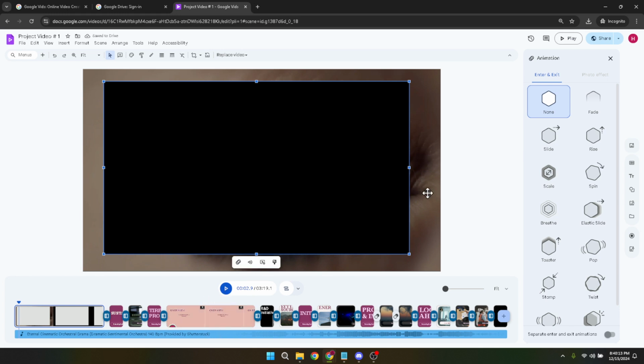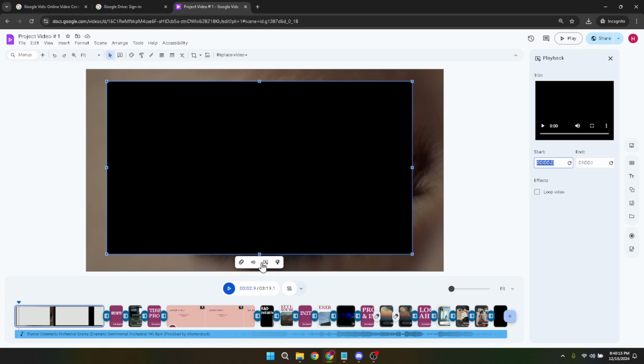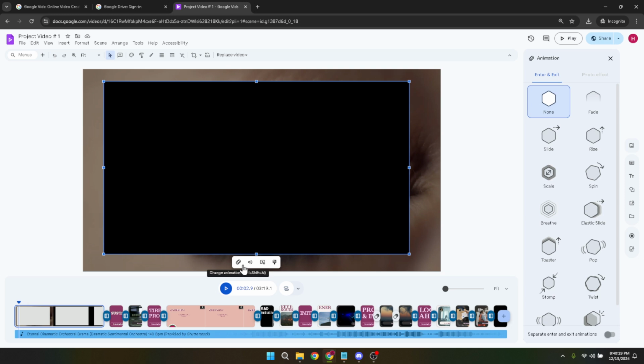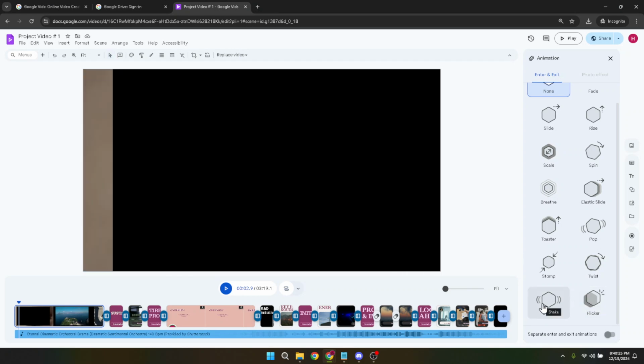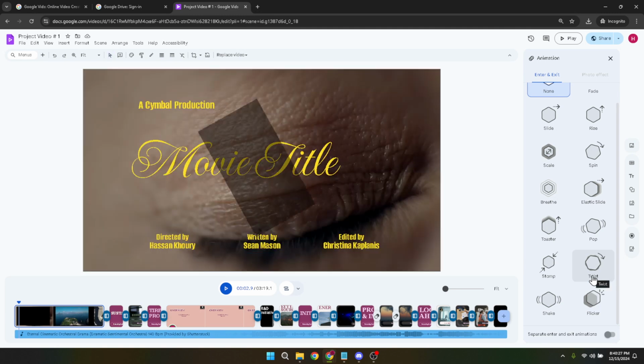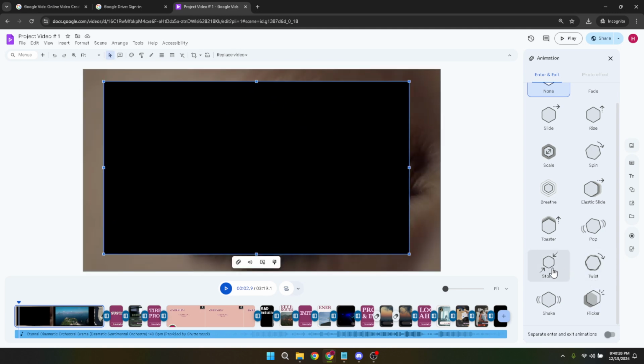And there you have it. With these simple steps, you've successfully resized your video in Google Vids. Whether you're preparing a presentation, creating content for social media, or editing personal videos, knowing how to quickly adjust your video size is an invaluable skill in today's digital landscape. Remember, practice makes perfect. Don't be afraid to experiment with different video sizes and see how they complement your overall design or storyboard. Each project may have unique requirements, and the flexibility to adjust video size accordingly will ensure your content always looks its best.